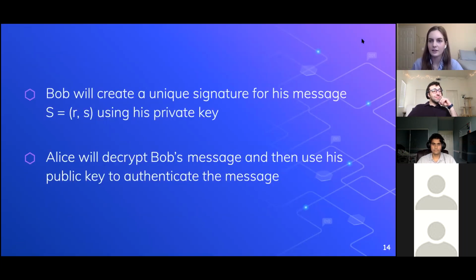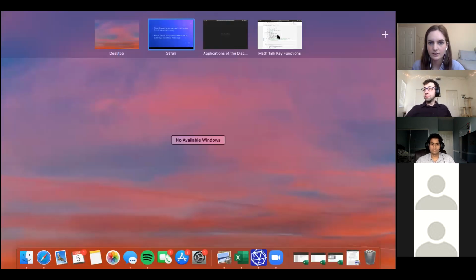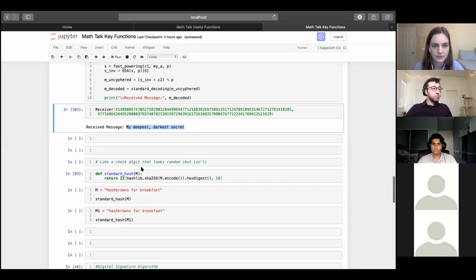And so basically in this DSA exchange, what's going to happen is that Bob is going to create a unique signature for his message. So he's going to compute R and S and send that to Alice. He's going to use his private key for this. And then Alice, once she decrypts the message, she will then look at his signature and be able to authenticate the message and make sure that it's actually Bob that is sending it. So let me move over to